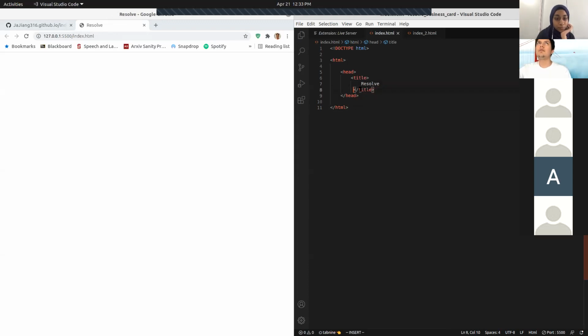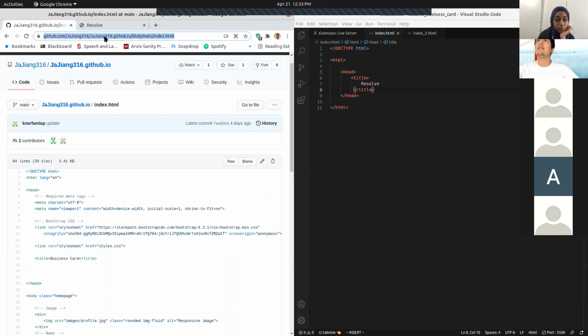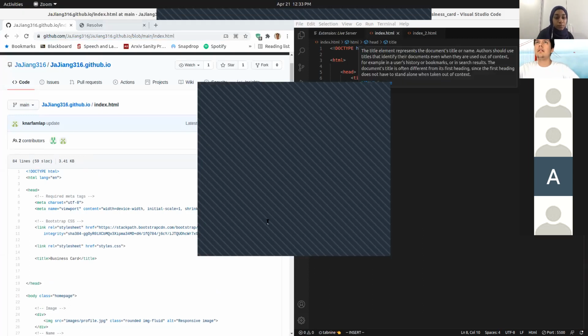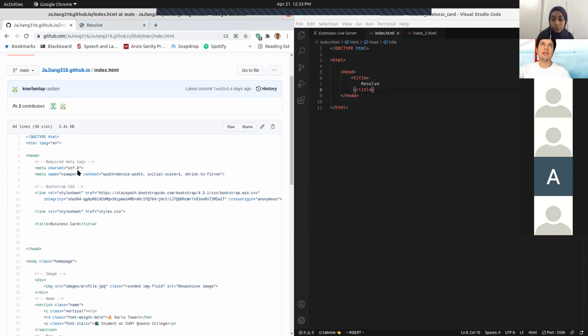Okay, so now we're gonna add some important tags. So we can use Bootstrap, and we can make our HTML page dynamic. That means that it changes as the screen size changes, right? So to do that, I think I'll drop this link on the chat. Okay, drop that link. So if you travel to that link, you can see that there's a couple tags